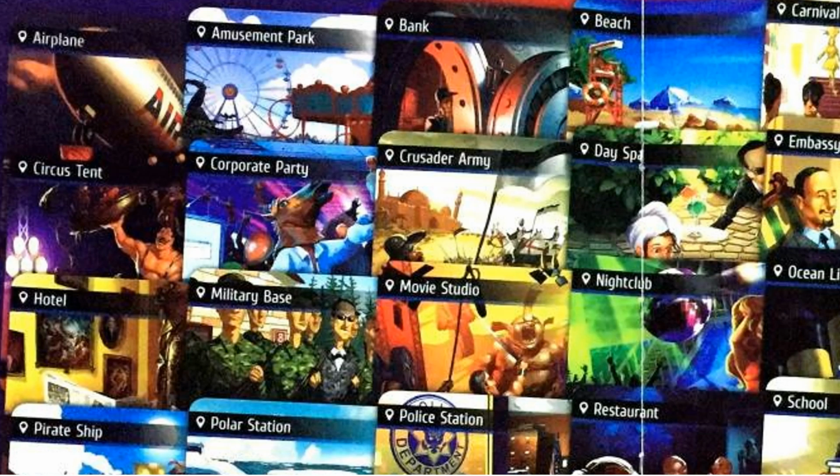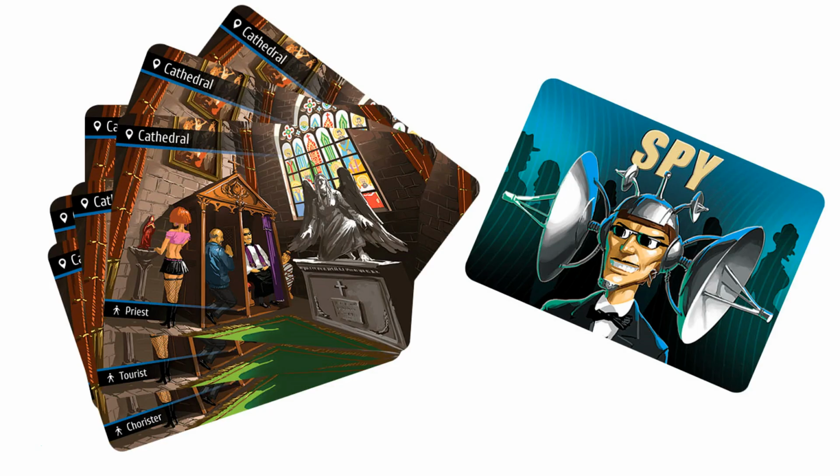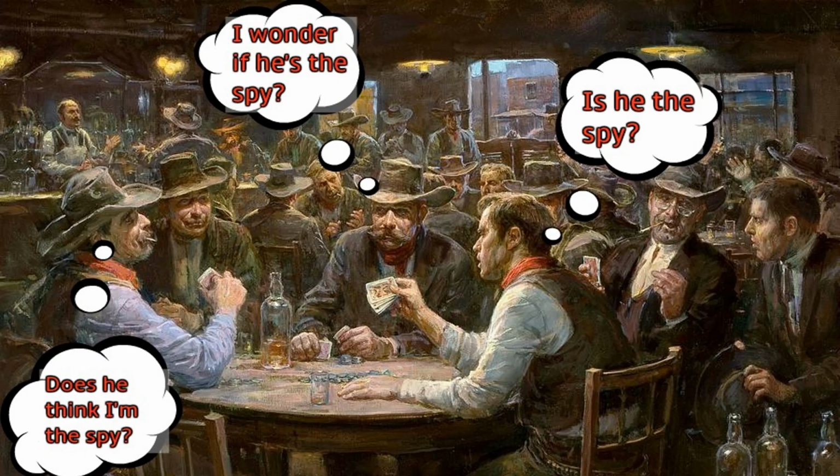At the beginning of a round of the game, a set of cards is chosen and each player except for one receives a card that identifies the same secret location. One player receives the spy card. The spy doesn't know the secret location. The other players don't know the identity of the spy. The spy wins the round if he or she guesses the location before being identified. The other players collectively win the round if they can identify the spy first.